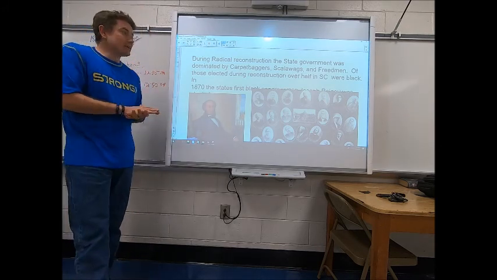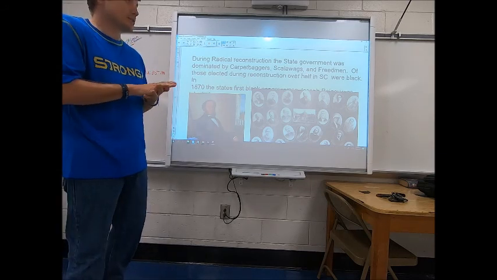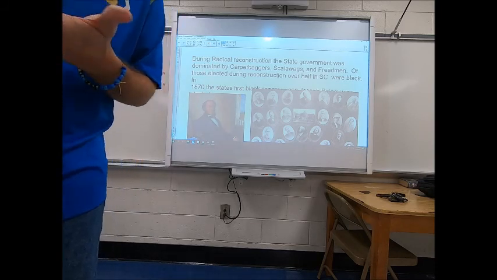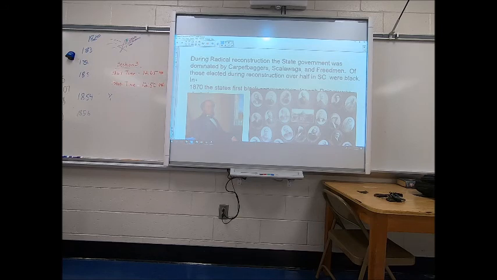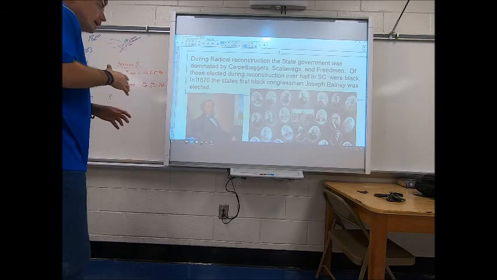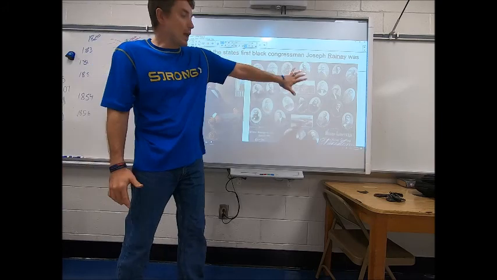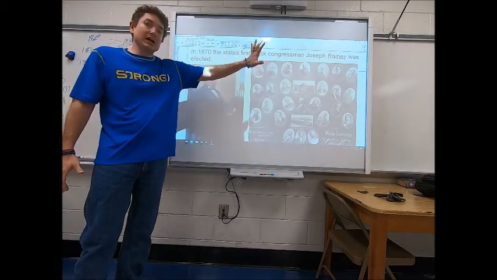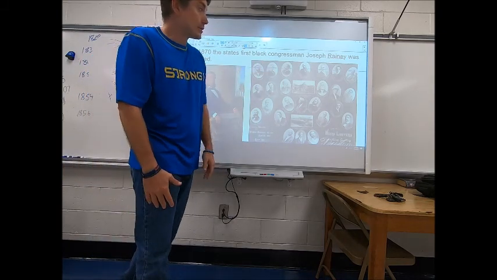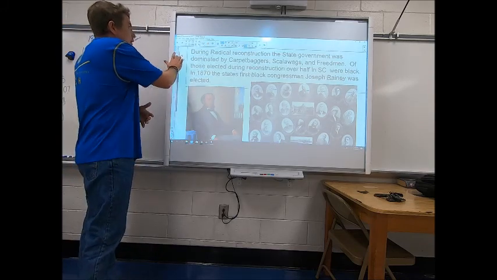In 1870, South Carolina has the first black congressman for our state. His name is Joseph Rainey. I'm trying to make this so you guys can actually see the words because for some reason it always wants to change itself. Joseph Rainey is the first black congressman elected. This is a picture of Joseph Rainey here. These are all the black congressmen that were elected to South Carolina during Reconstruction. And if you'll notice, a lot of them are going to be like Homer Plessy. They're going to look white because